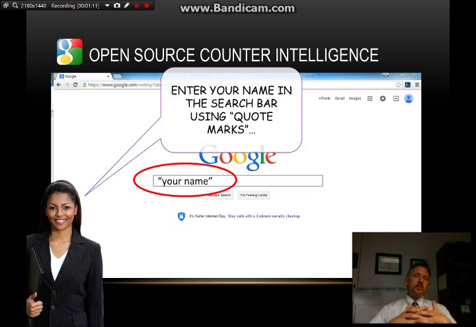So when I would put my name in, and I recommend that everybody do this, put your name in a Google search, make sure that you put it in quotes, because if I were just to put Frank Griffiths there, then it would show every document that Google had indexed that has both the words Frank and Griffiths in it. And so we don't want to do that, because they could be unrelated Frank and unrelated Griffiths. We want them to be a compound search, a compound Boolean search. So we'll put it in quotes, Frank Griffiths, and then it'll only search for Frank Griffiths as an entity or a unit.